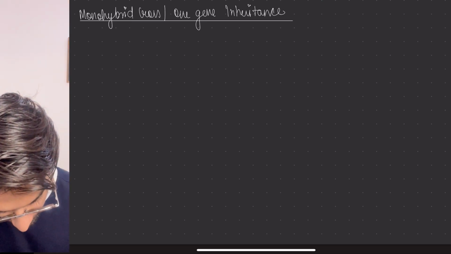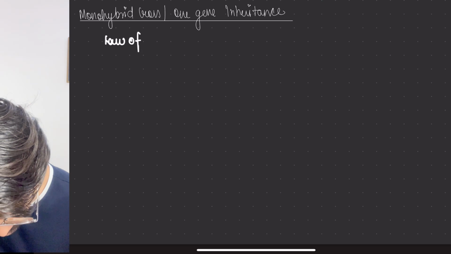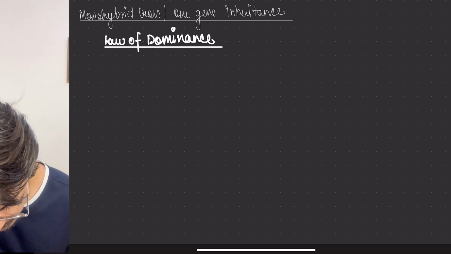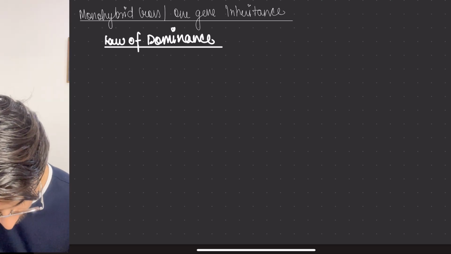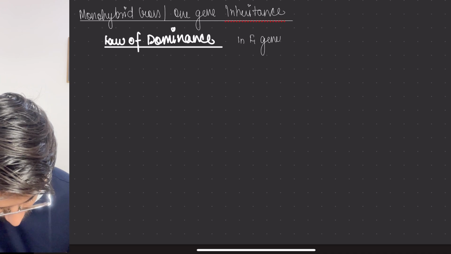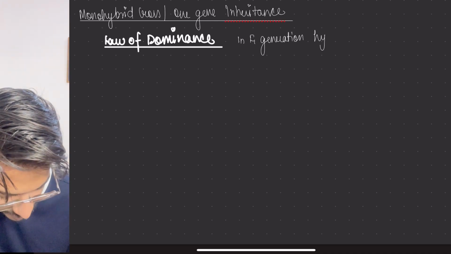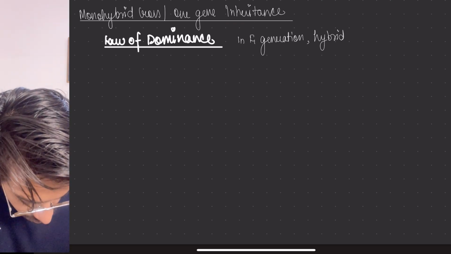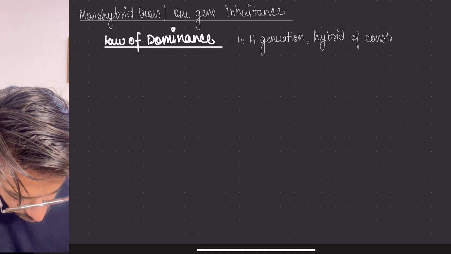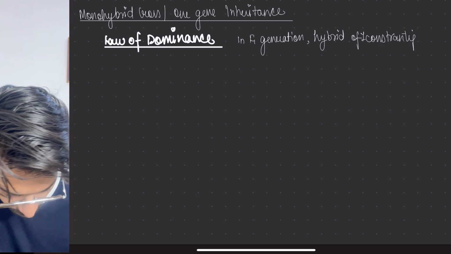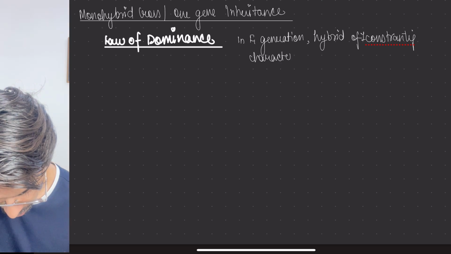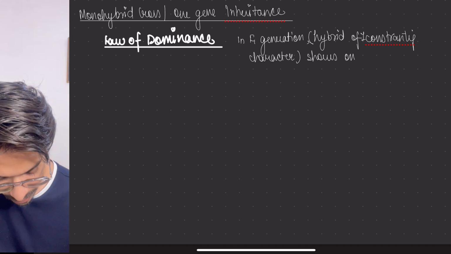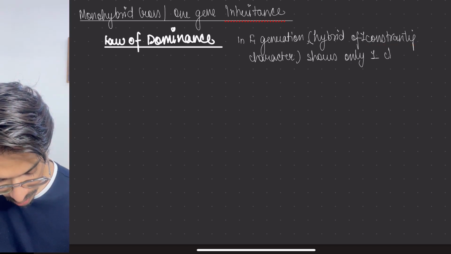Okay, so here only I am telling you this thing. Law of dominance. What is the law of dominance saying? Law of dominance says that in the F1 generation, the hybrid, I'm just writing it in easy language. Okay, I'm not writing proper language, just understand it. Hybrid of one contrasting character shows only one character,